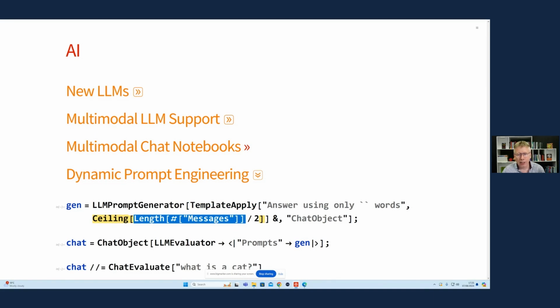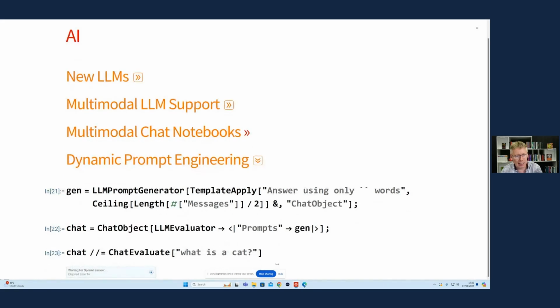So this will become answer using only 1 word. And the next time I talk to it, it'll, let's say, answer using only 2 words. So I've created a chat persona that will answer in longer and longer answers each time I talk to it. Not a very useful persona, but the simplest thing I could think of where you could see it actually in action. So now if I set that chat conversation up with our representation of a symbolic chat,